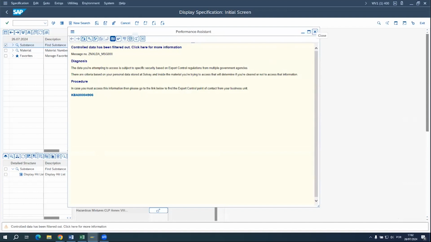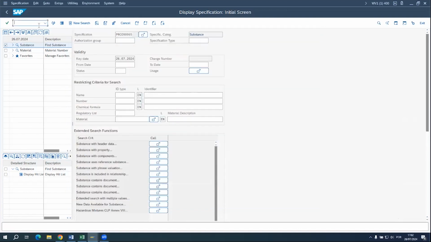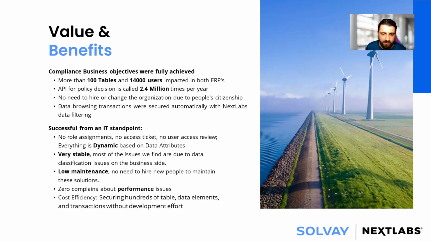So these are the two scenarios that I wanted to describe. One related to the bill of materials, and the other one related to the HNS composition. Those are scenarios that we are using in our implementation. So now, coming back from the demo, I want to speak a little bit about the values and benefits of